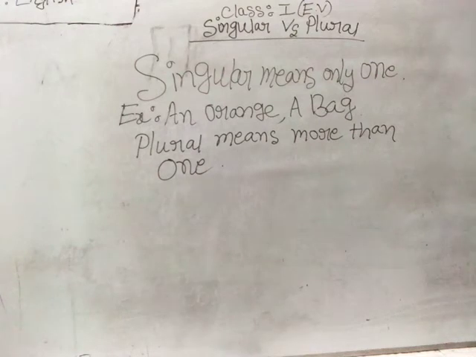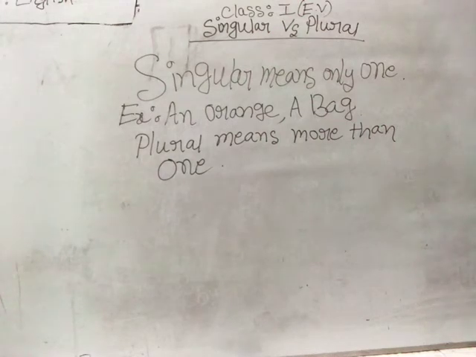Like oranges, bags, shops, apples, umbrellas, etc. So if you are getting an s just after the noun, then you can understand it's a plural number. We can write, for example, two oranges, two bags, three bags, etc. That means the thing will be more than one, no matter if it is two in number, or three, or 4, 5, 6, 7. It should not be only one. It should be more than one.